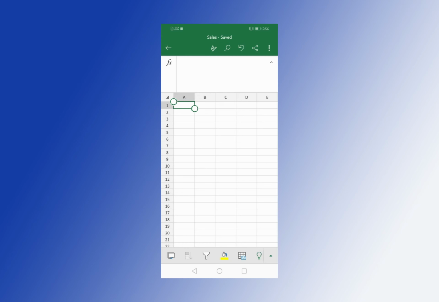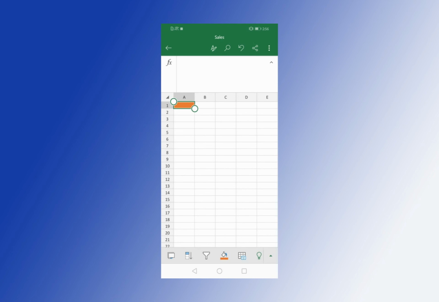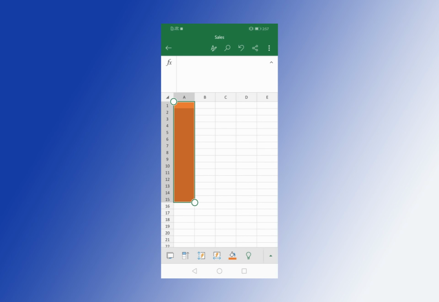Okay, so the fourth one is fill color. If we want to put a color on the cell, let's try it. Say we want to put orange, ayun. Whatever cell is active, malalagyan siya ng fill color. Let's say etong buong column na to from row 1 to 15, lagyan natin siya ng fill color na orange. Ayan. Whatever is highlighted na cells, sila yung ma-applyan nung fill color. Alright, so